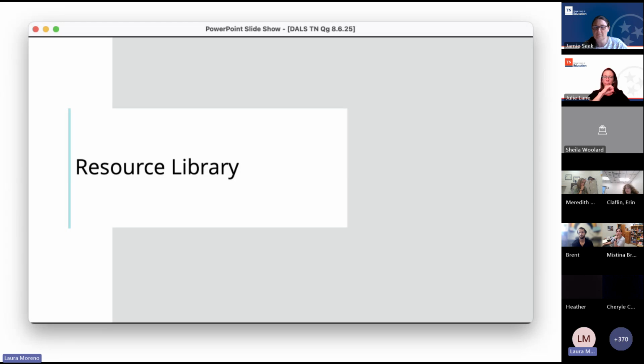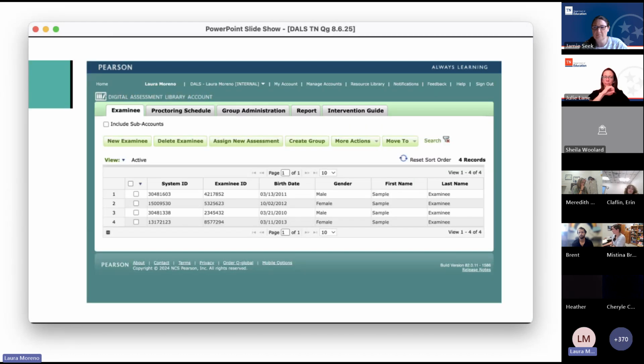Okay, now let's take a look at our resource library. The resource library within Q Global is where you're going to go to access many different types of helpful support materials. So from your home screen, the resource library is at the top of your screen. And when you click on the resource library,